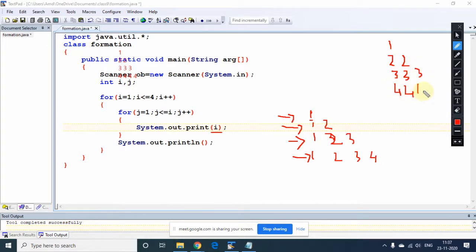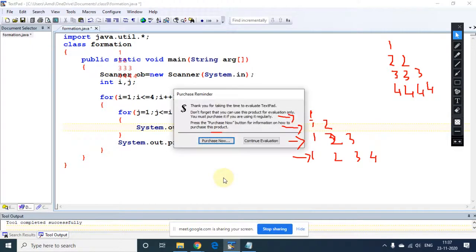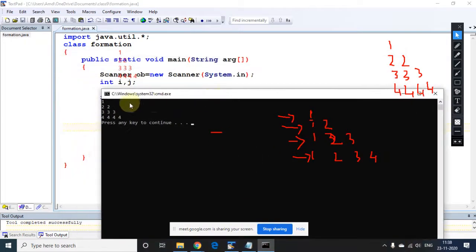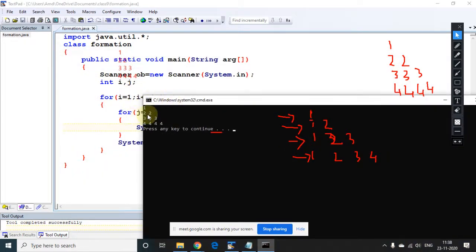Yes, sir, got it. Now 4 times. So how is it happening? Sir, I have posted the updated version. Yes. So if you want to print the blank, in that case you will get the output in a very clear manner. That I will show you again. Now see, this time the output is coming better. There is space, which is not visible, but you are getting this space. After 1 you cannot understand whether the blank is coming or not, but it is there. But after 2 you can see the proper blank.